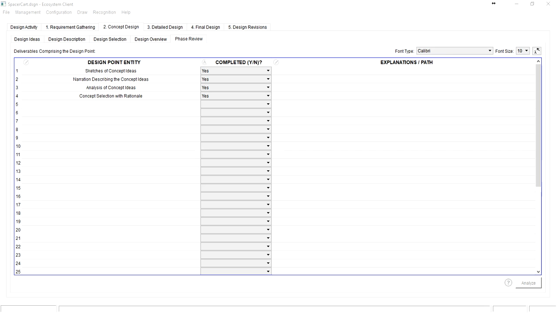Next is phase review of conceptual design. The purpose of the phase review tab is to concisely specify the deliverables comprising the design point at the end of the phase. The expected output from the requirement gathering phase is a complete listing of the customer and engineering